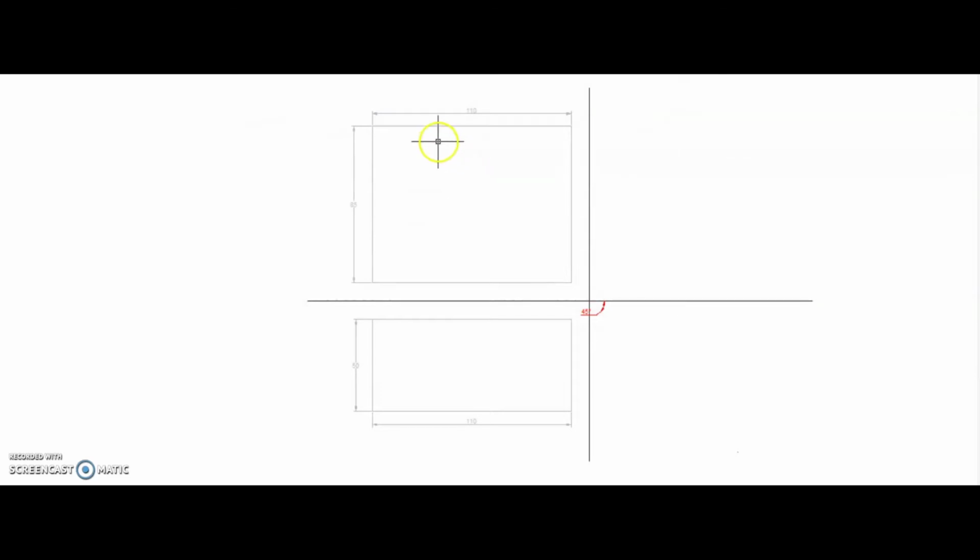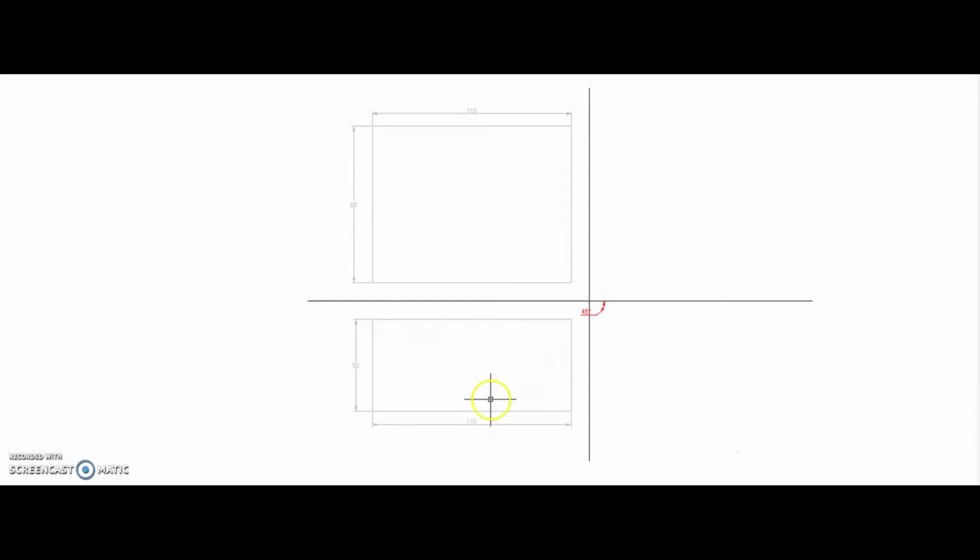So first prepare the frame for the front view, as the overall length is 110. So draw this rectangle having a dimension of 110 indicating the length, 85 indicating the height. Exactly below, draw the frame for the top view having width 85 and length 110.